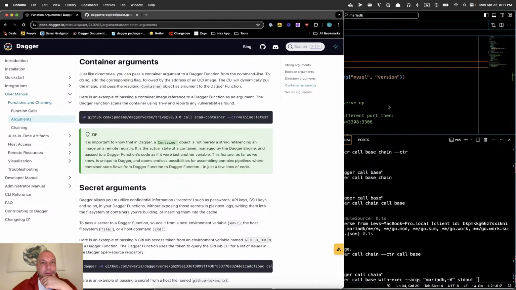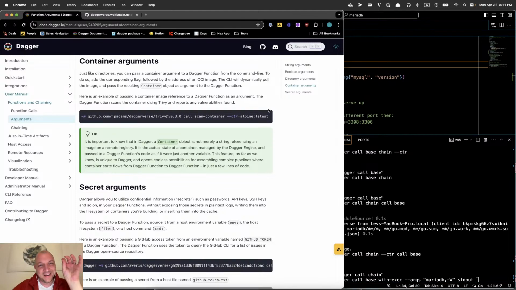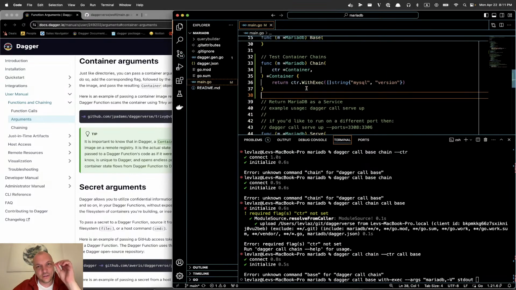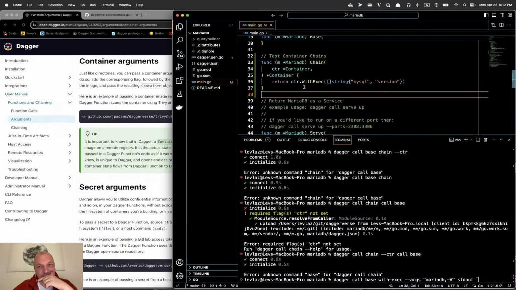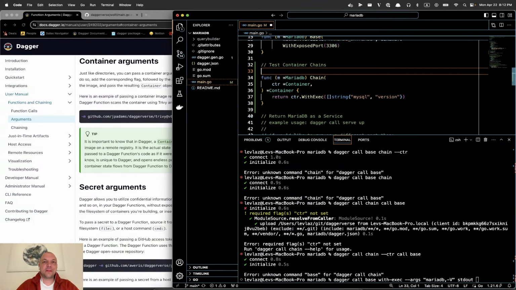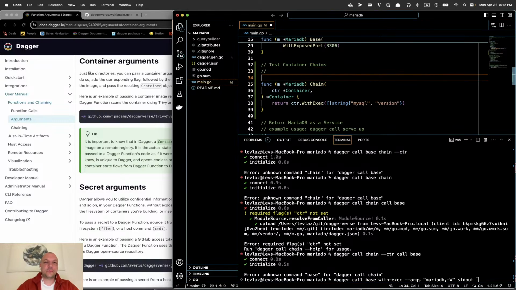I know this has been a pretty meandering thought for the last 20 minutes, but it's nice to be able to actually articulate that question succinctly. Right? So, question: is it possible to pass in a container argument